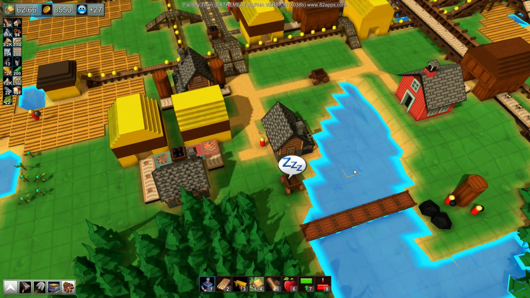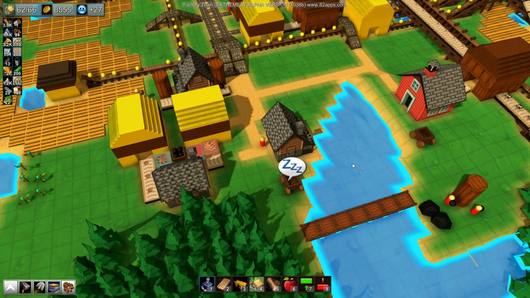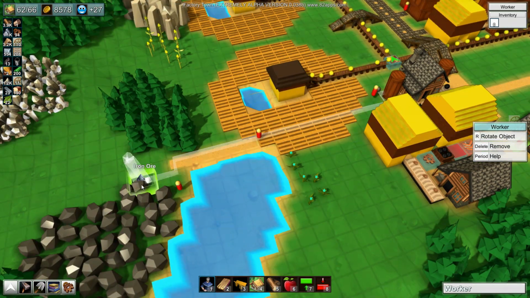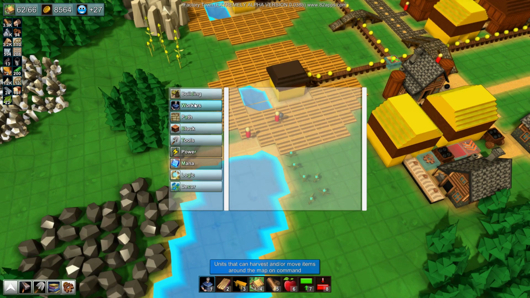Okay, so we have enough wheels now. We're just waiting on 40 iron plates. We currently have 18, so I'm going to get my other worker doing that. And I'm also going to build a bridge for them. I think I'm going to build...